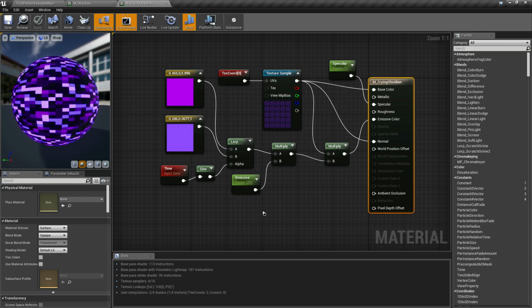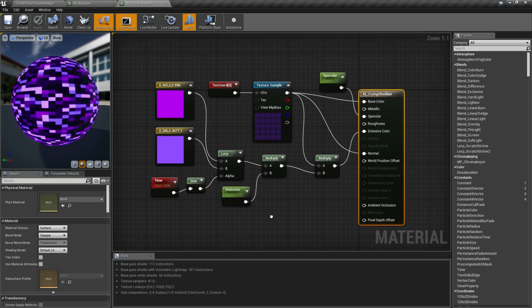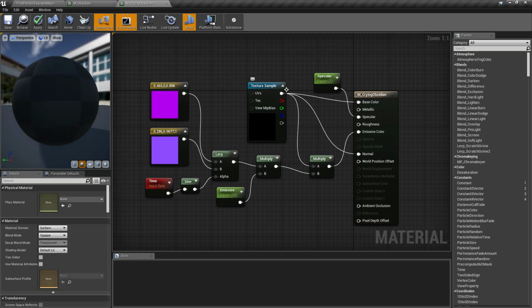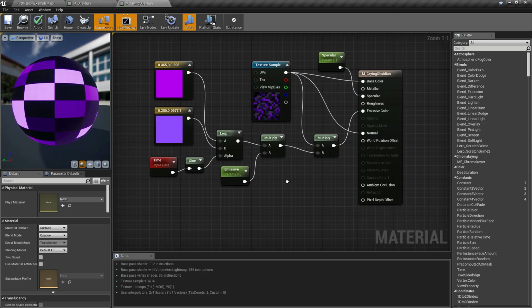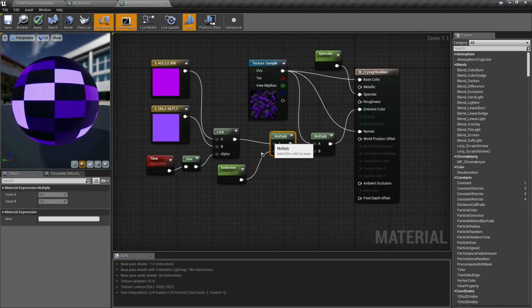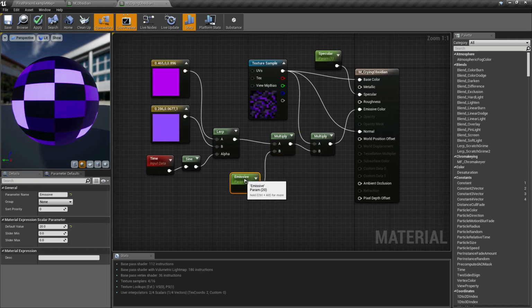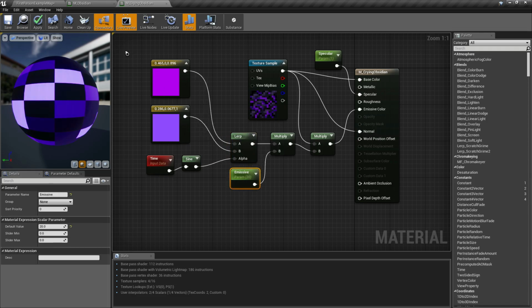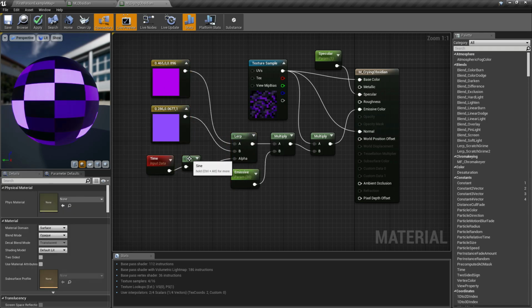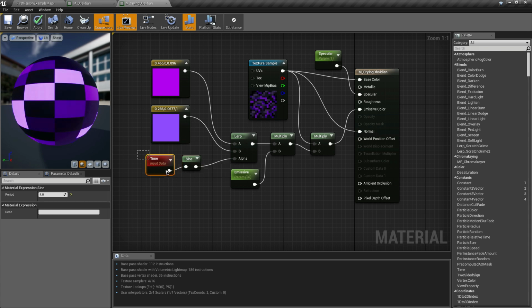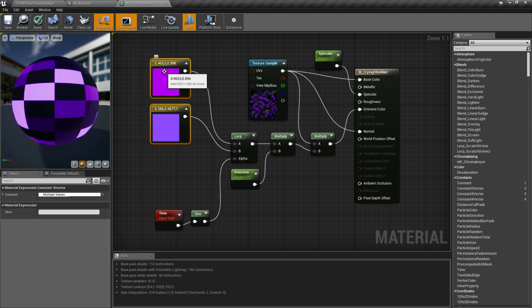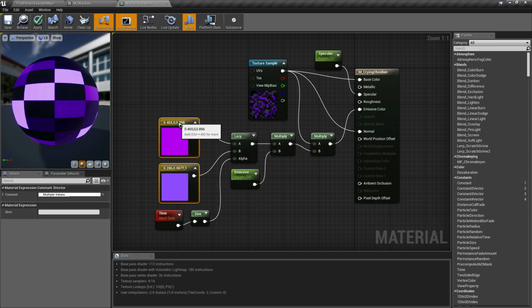So now we're going to apply the world aligned texture here. This time, let's remove the texture coordinate and move down this part of the nodes so that the world aligned texture node will have its space on top together with its texture object.